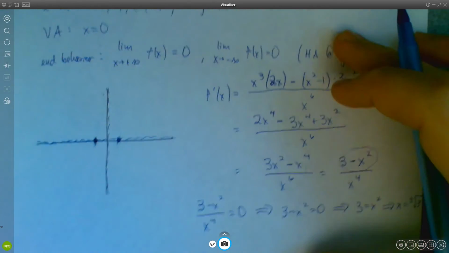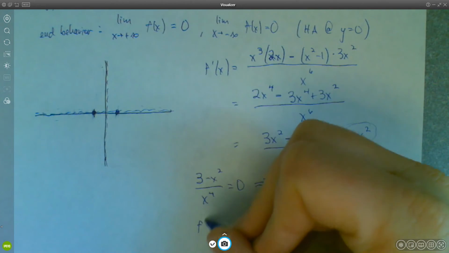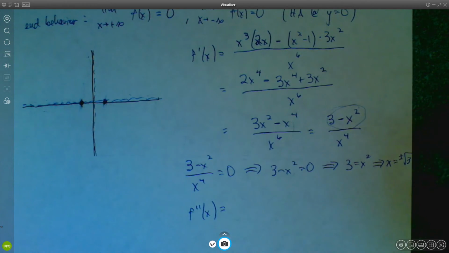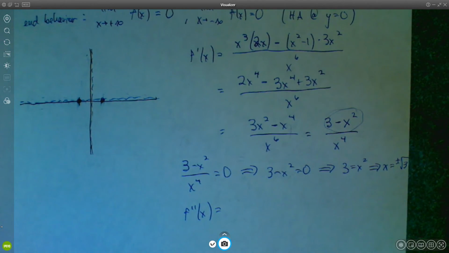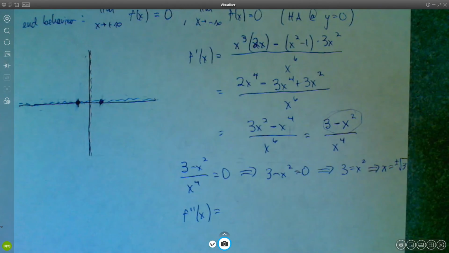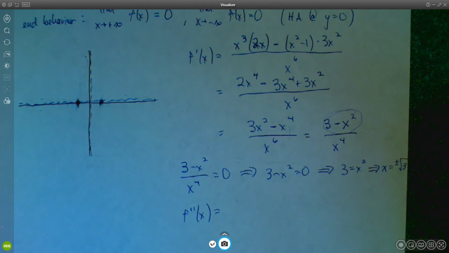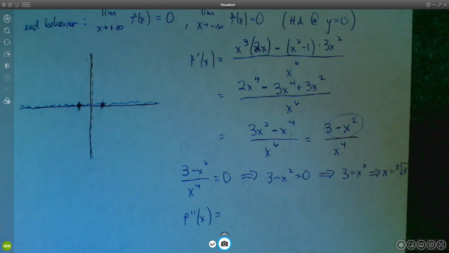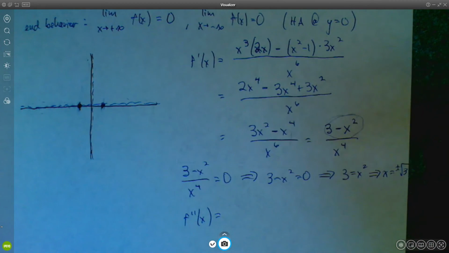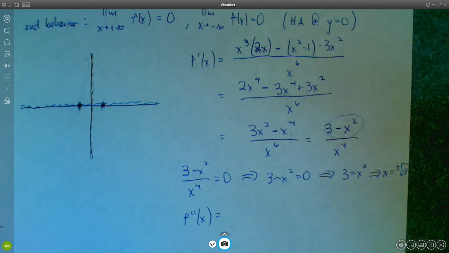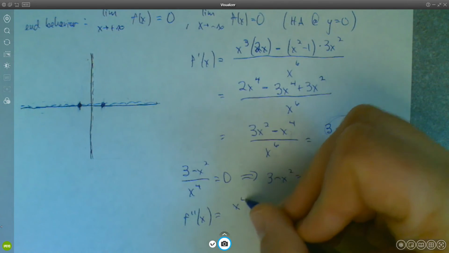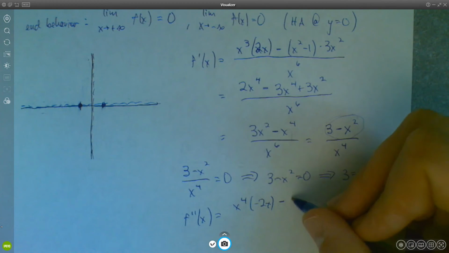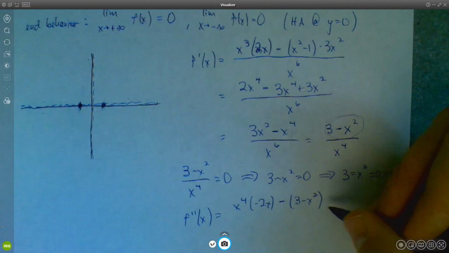Let's go ahead and take the second derivative. And then we can use the second derivative to decide if these are maxima or minima, or maybe neither. But also, the second derivative will tell us if and where we've got inflection points, because that gives us information about concavity and stuff. Okay, so let's find the second derivative. Second derivative is going to be low d high minus high d low